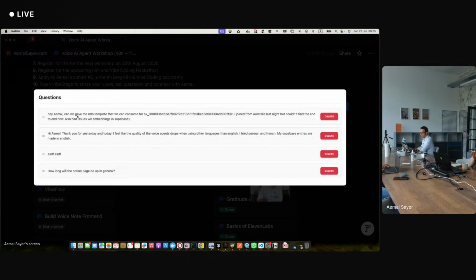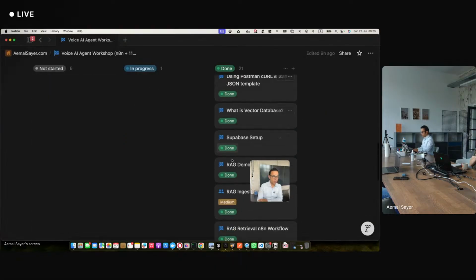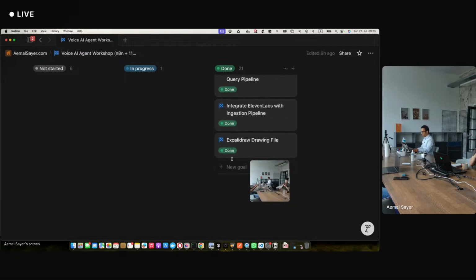How can we get the n8n template that we can consume? I joined from Australia last night, but couldn't find the end-to-end flow. Also, I had an issue with embeddings in Supabase. So the end-to-end workflow is, let me show you where you can find it. It is somewhere,